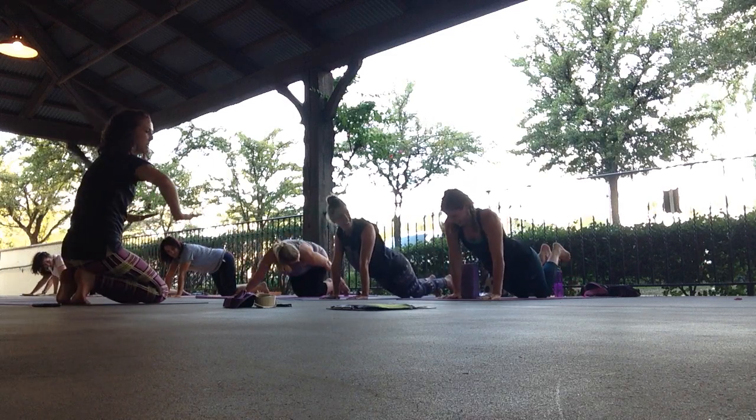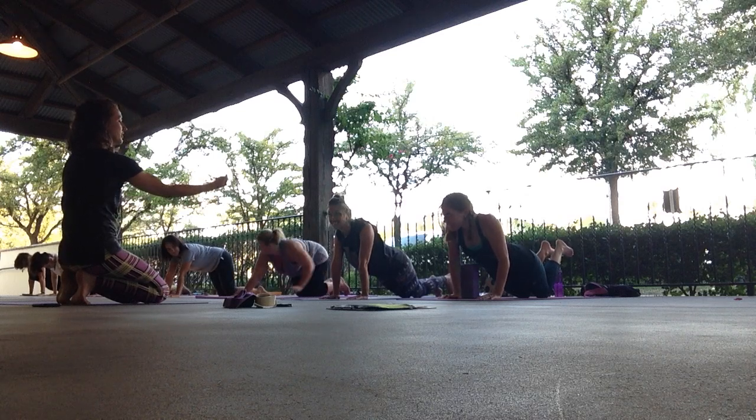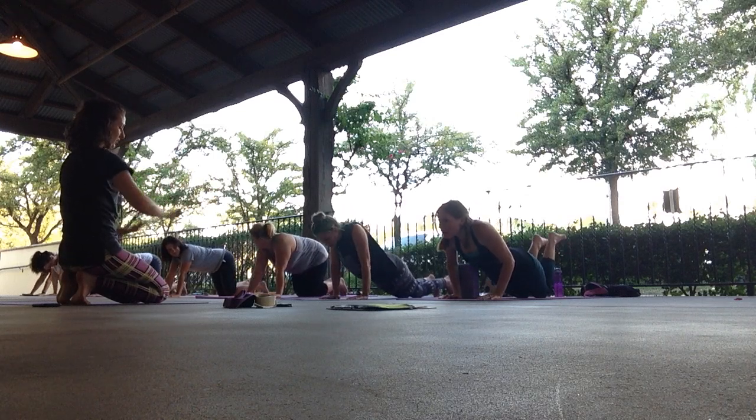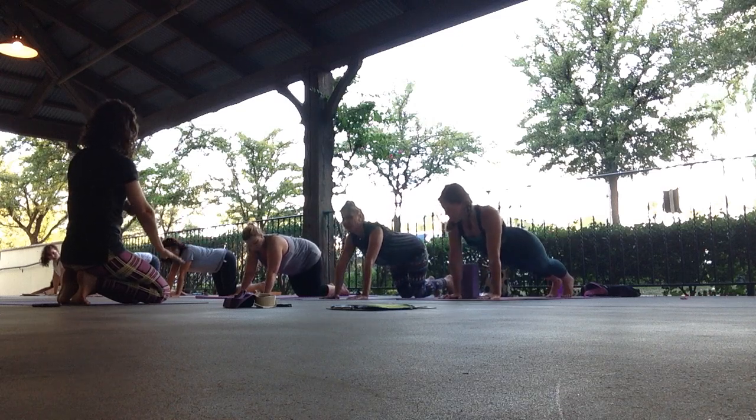Yeah, it's tricky because you want to bend out to the side. Your elbows, think of sending your chest this way. So don't let your elbows go this way. You're bending your elbows, but you're